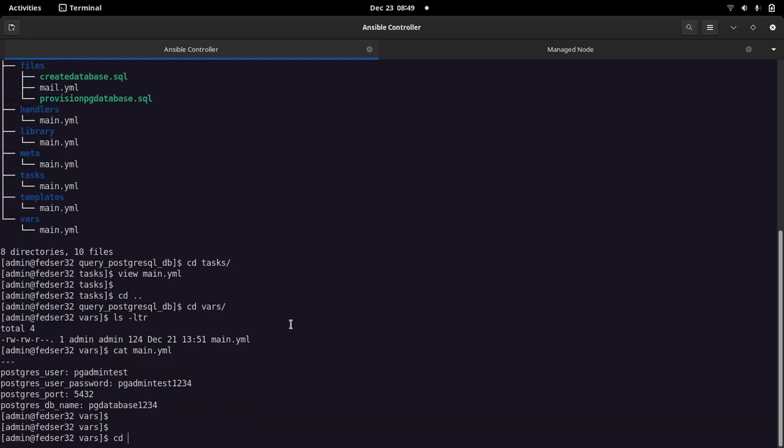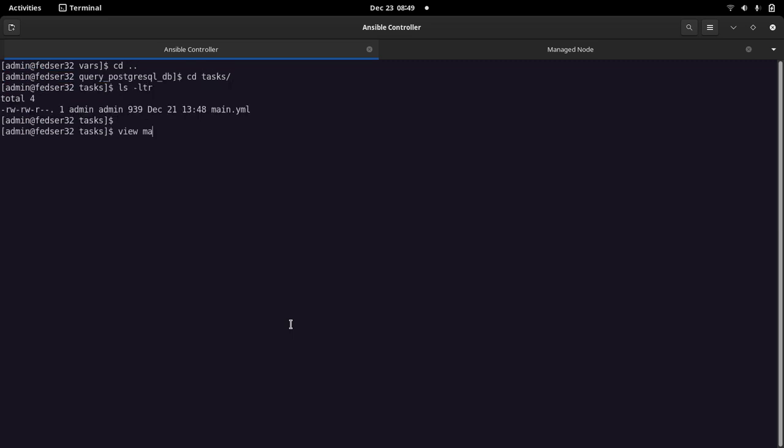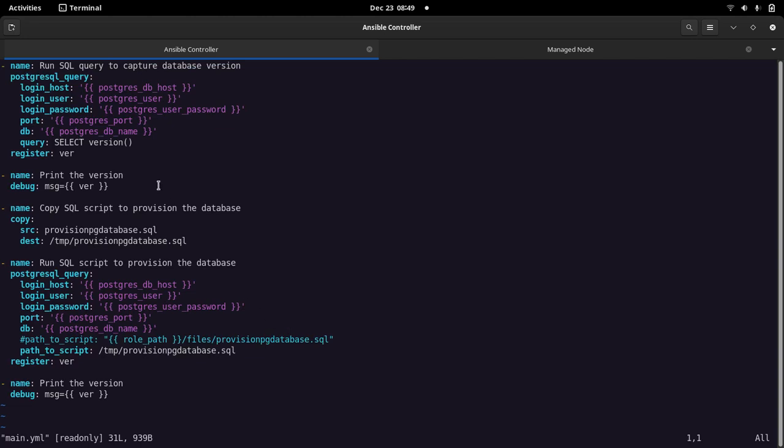One thing I wanted to mention here: this query_database role is going to be called with a non-root user, that is the admin user, which can SSH to that server. But as you can see, I am not utilizing become and become_user over here to override in the playbook. Rather, I have defined them in the main trigger playbook which I have shown you initially.